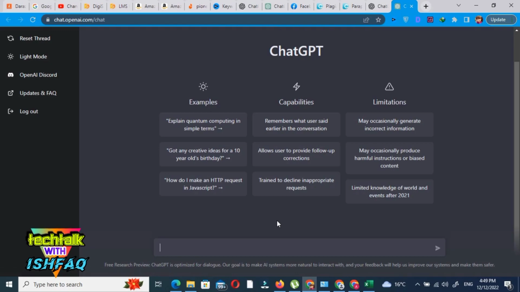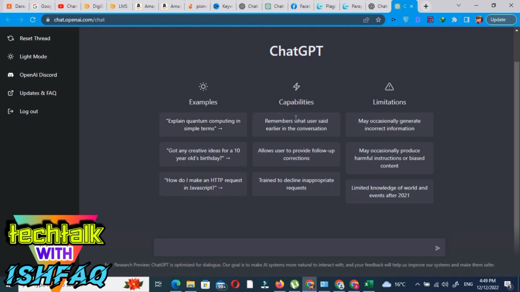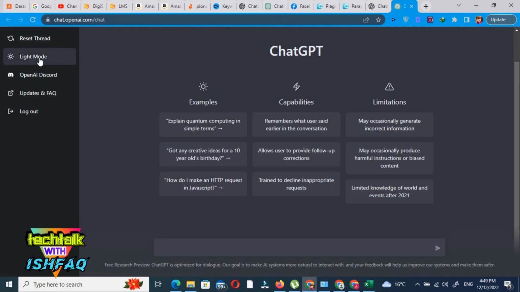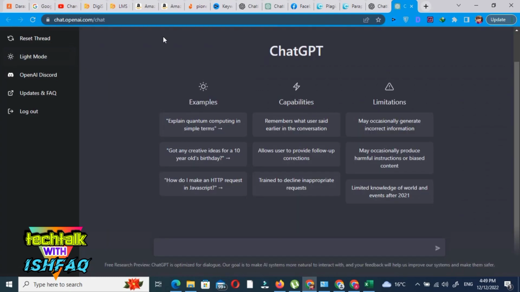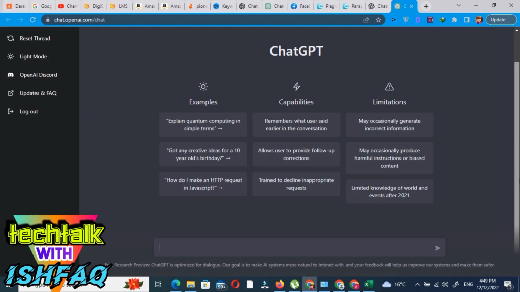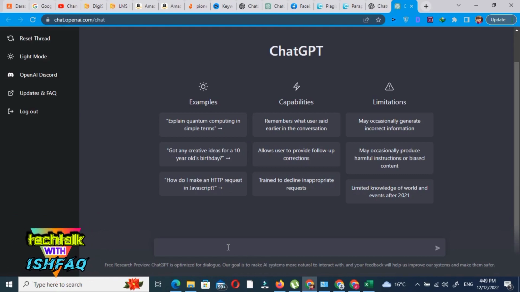Okay, so these are some examples. From here you can make it light mode or dark mode. Okay, so I will prefer dark mode. So these are some examples. You can ask anything, any information in this chat. Okay, for example, I want to ask